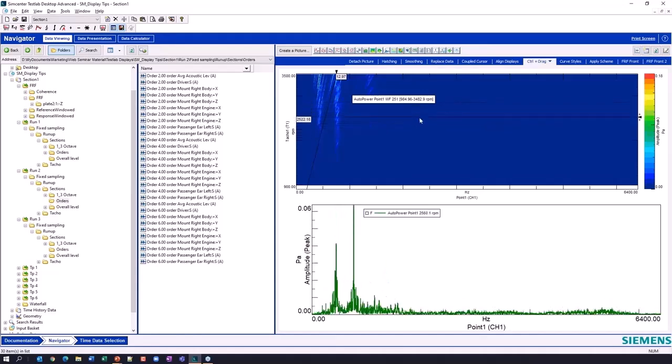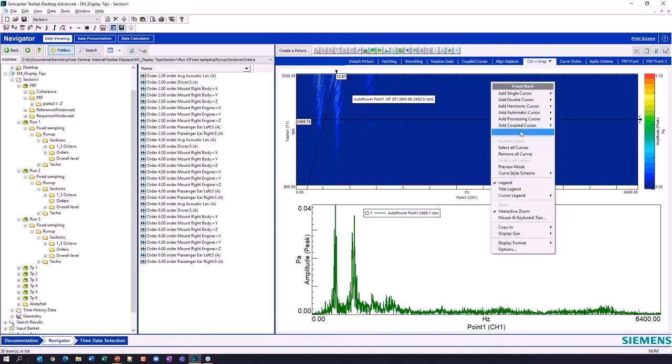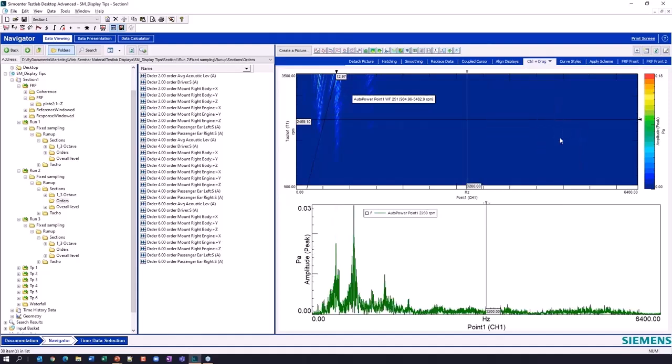You see this is a processing cursor, so I can align this to this different RPM trace. And I'd really like to be able to look at this plot up on the top and this plot on the bottom and know that the frequencies are aligned. So one way I can do that is I can add a coupled cursor and say in frequency, and now as I move, these will do the alignment for me.